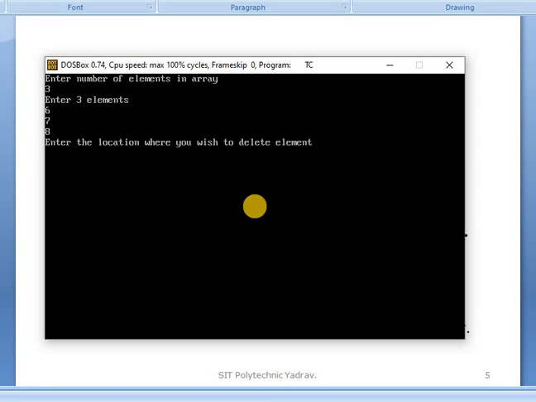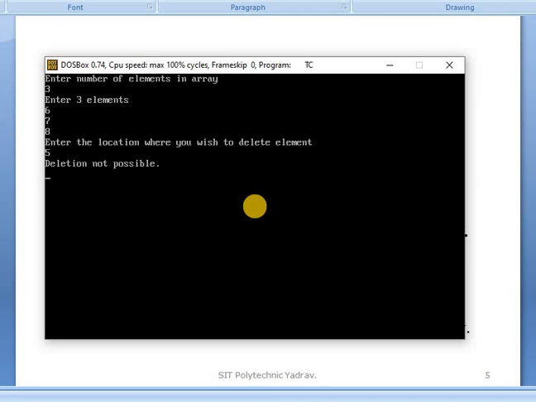And we enter the location where we wish to delete the element. For example, I give 5, but your array has only 3 elements, then you obtain the output: deletion not possible.